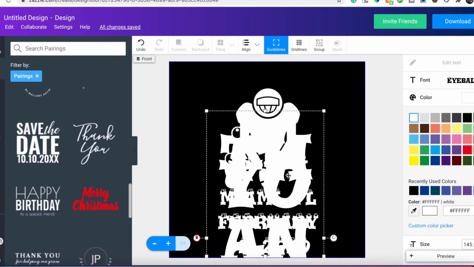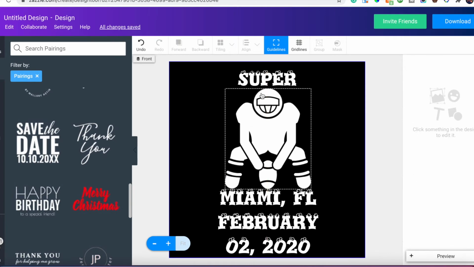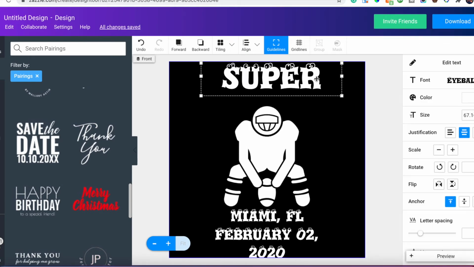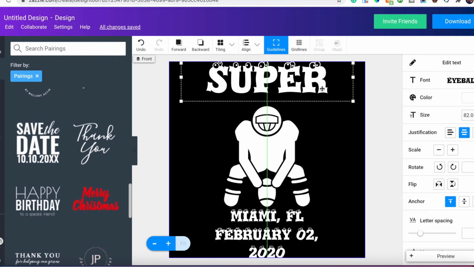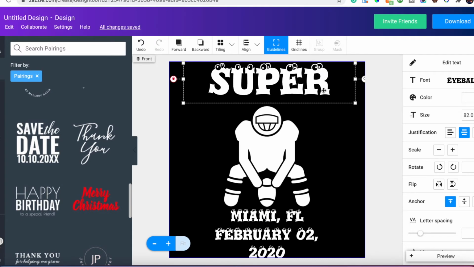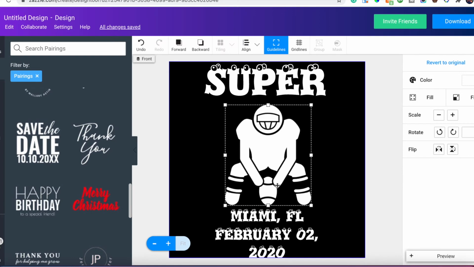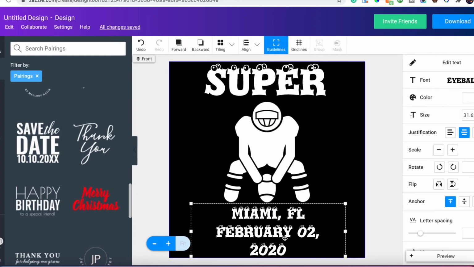And we're gonna change this to super. So I just changed that to super, then I'll have to enlarge it bigger. Let's see. How easy was that, guys? It was very, very easy. This design didn't even take me close to 5 minutes. It's just basically text and an image. It doesn't take long to produce this design,